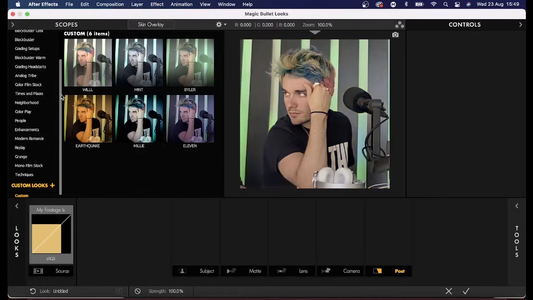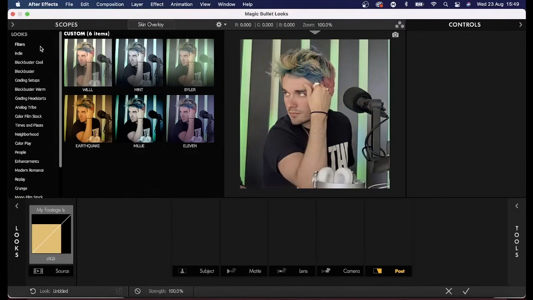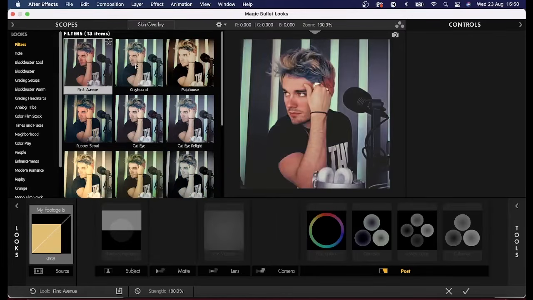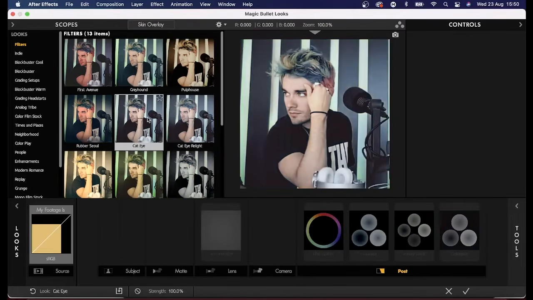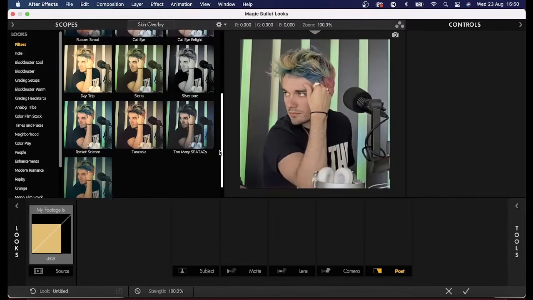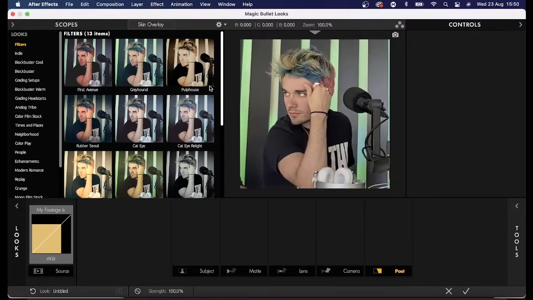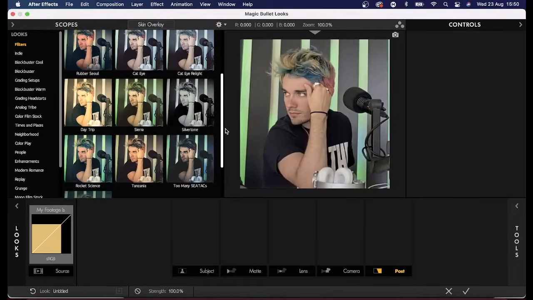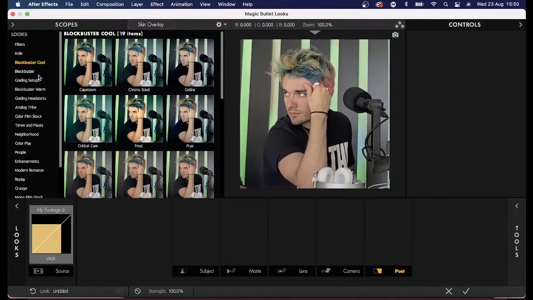But if you can see over here, there is plenty of looks and colourings that the plugin actually gives you, and some of these are actually really cool. Like I would low-key use some of these. I have never really checked these out. So you know, if you don't really understand how to make your own colourings and you can't really be bothered making your own colourings, then you can look through these and take some inspiration maybe, because if